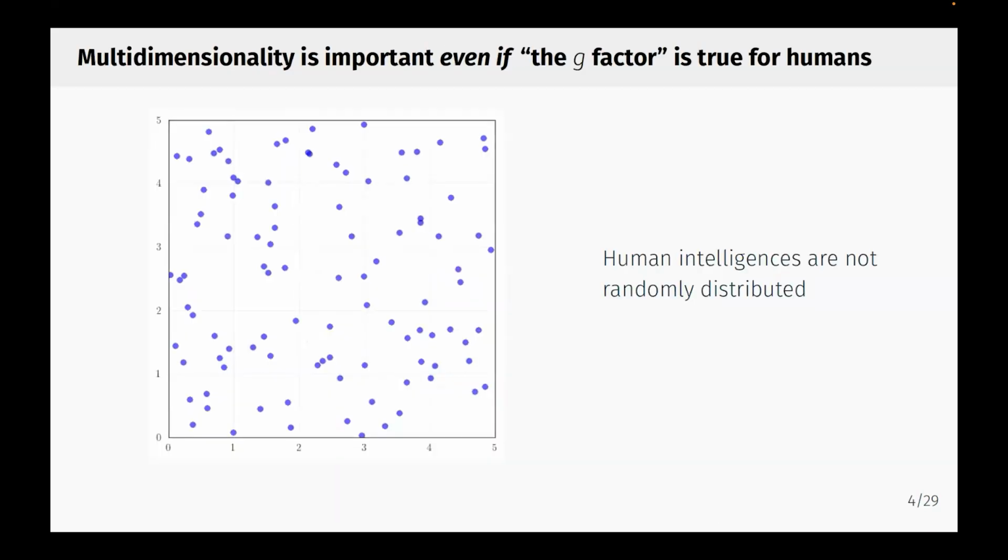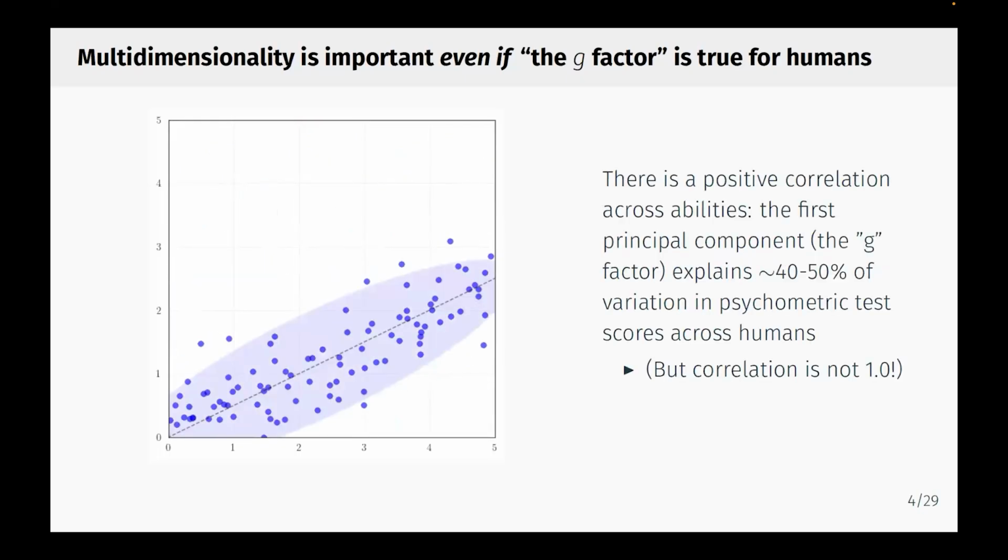Here's a second way of thinking about it to motivate this project. Again, think of the x-axis as cognitive intelligence, the y-axis as physical, just two dimensions of intelligence. Each point is like a human, all of you guys, but actually think of it as a random sample. This is probably not what things look like, which would be randomly distributed over the space of possible intelligences. What it more likely looks like is something like this. These are not real data points.